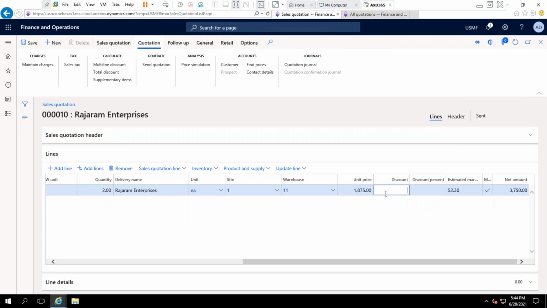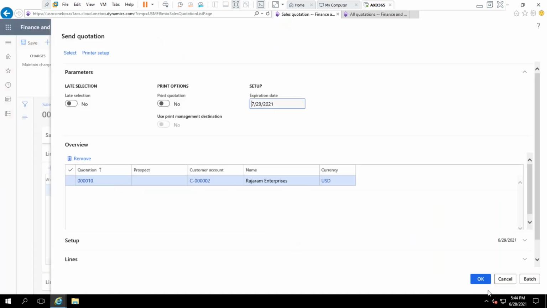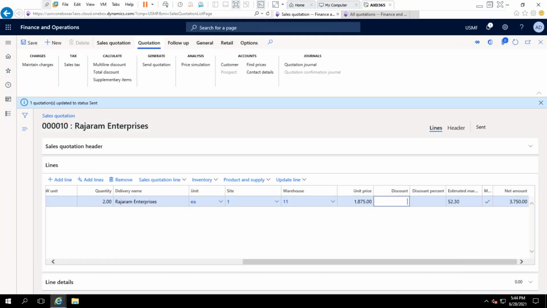So I have decreased the price, and I'm sending the quotation once again. Click OK. So once again I sent it. Now if I go to the quotation journal,